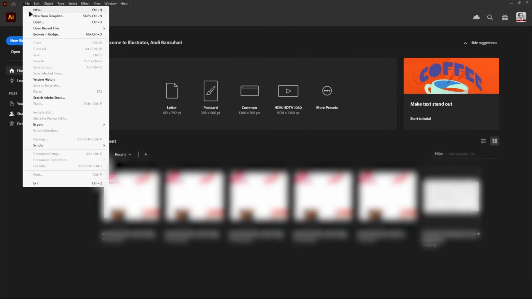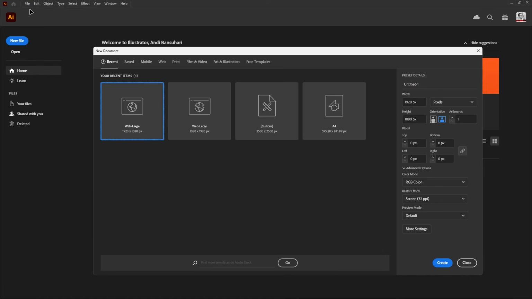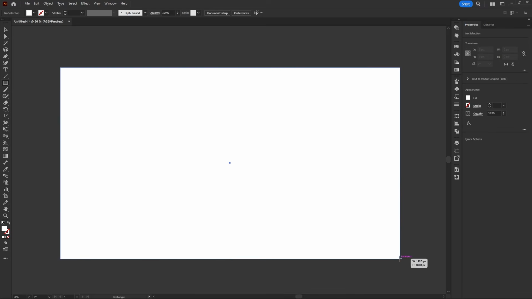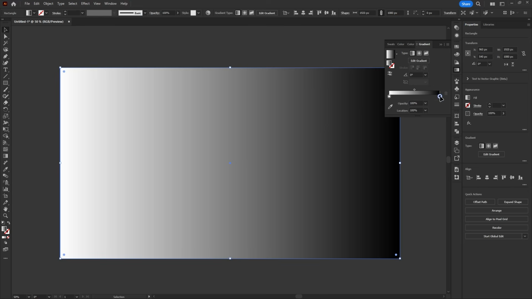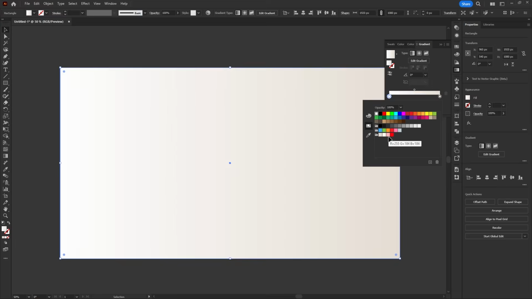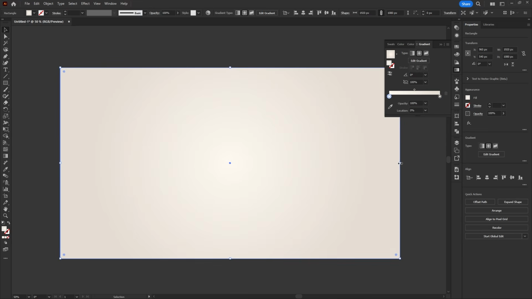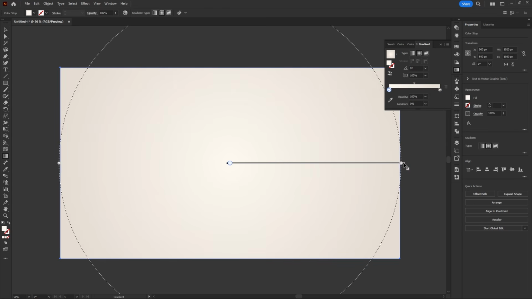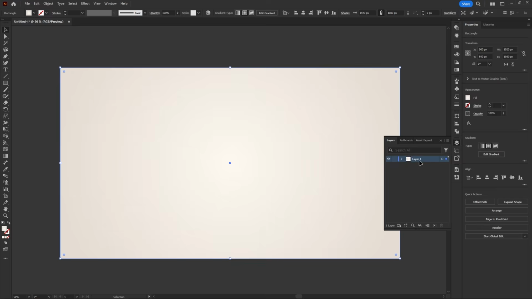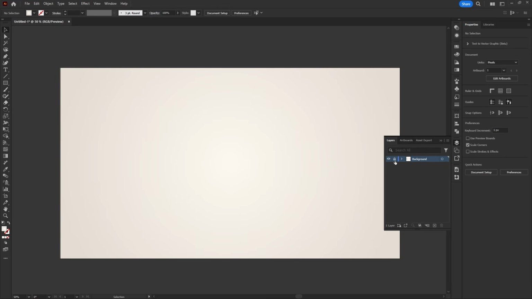First things first, let's set up our workspace. Grab a document with any size that works for you, but for this tutorial, we'll be using a 16:9 ratio. Our first step is to create a captivating gradient color for our background. We'll name this layer background and lock it to keep it safe while we work on the rest of the